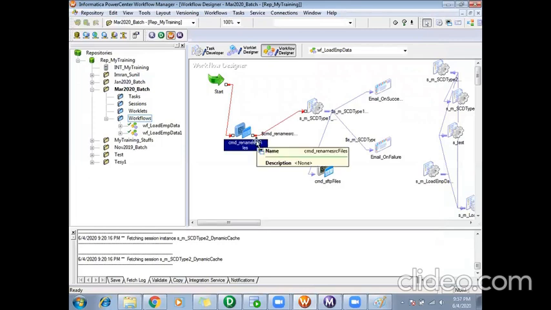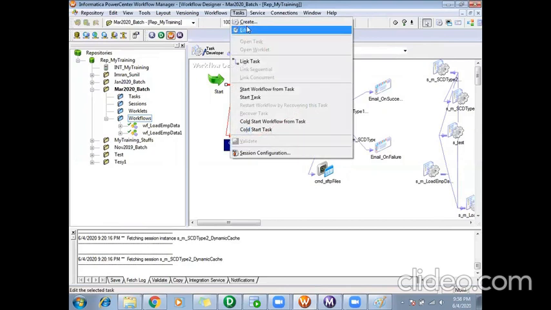Again, for readability, it is more readable if you explicitly use the command task. Okay, so this is the third task we have, the command task. In your Informatica project, you will be calling the Unix scripts to do a lot of things, so the command task will be used frequently.